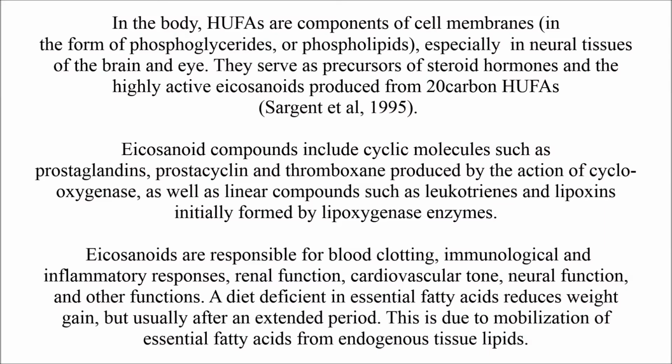So in the body, highly unsaturated fatty acids are a component of cell membrane in the form of phosphoglyceride or phospholipid, especially in neural tissue of the brain and eye. They serve as precursors of steroid hormones and the highly active eicosanoids produced from 20-carbon highly unsaturated fatty acids, according to Sargent et al. 1995. Eicosanoids are responsible for blood clotting, immunological and inflammatory response, renal function, cardiovascular tone, neural function, and